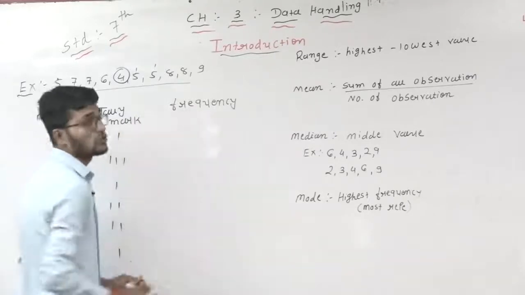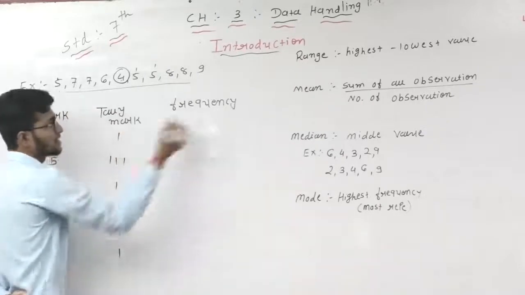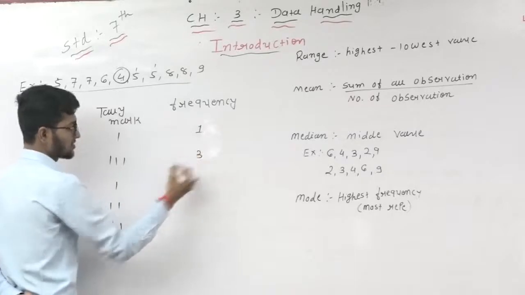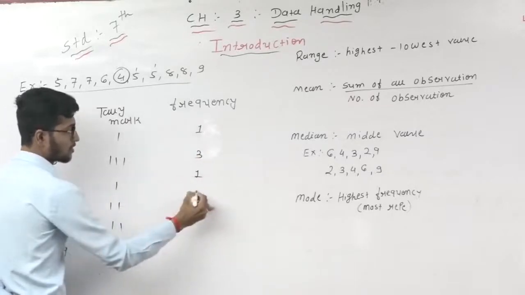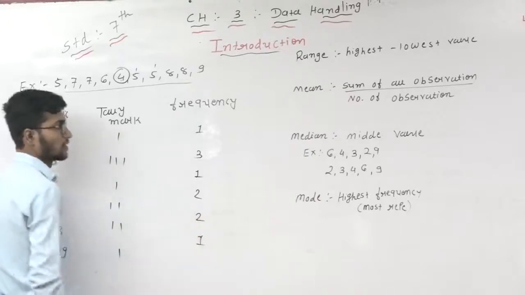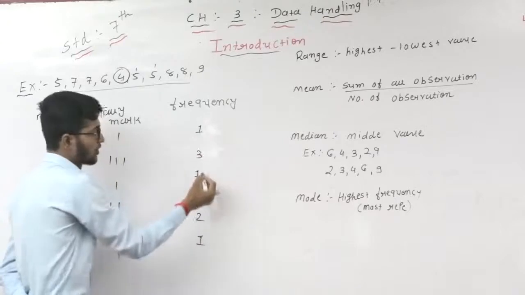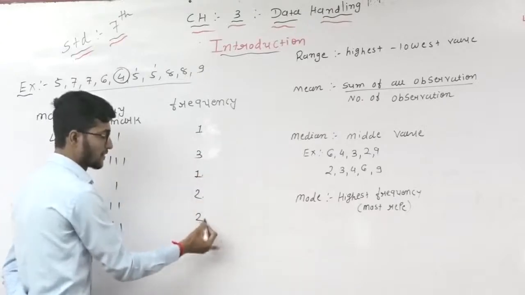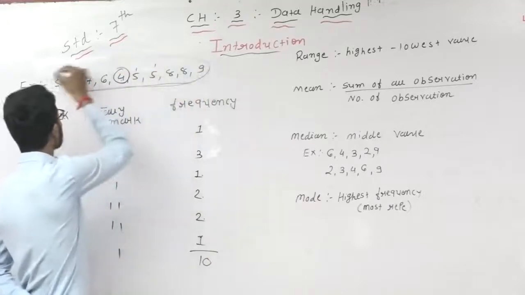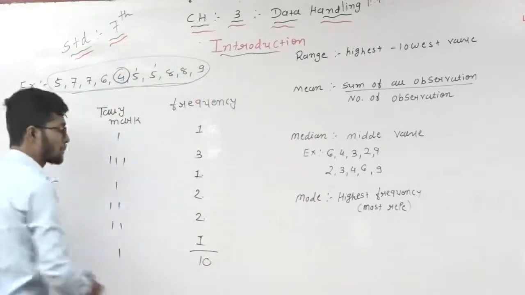Then the frequency. What is the frequency? Frequency is the number that the tally marks represent. So here is 1, it means 1. Here is 3, it means 3. Here are 2 lines, it means 2. Here is 1 line, it means 1. Okay. Now the addition of the frequency: 3 and 1 is 4, 5, 6, 7, 8, 9 and 10. So dear students, here are the 10 students. So the total frequency is 10. This one is a match. So it's called one type of frequency.